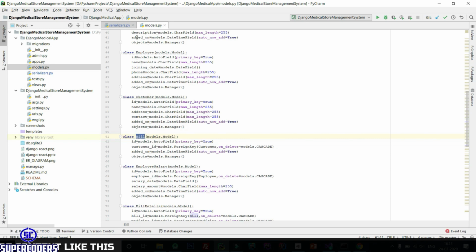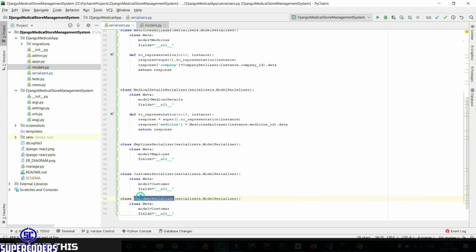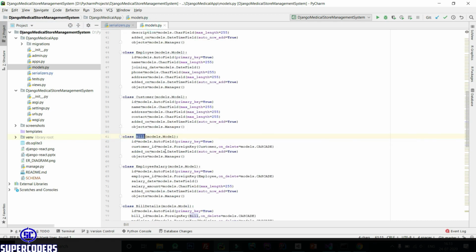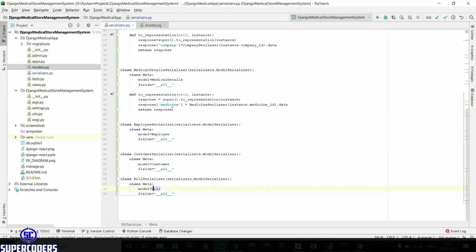Creating bill. So bill serializer, then bill in model name, and import bill by clicking add plus enter. Also here is one foreign key, so I need to override the to_representation method.